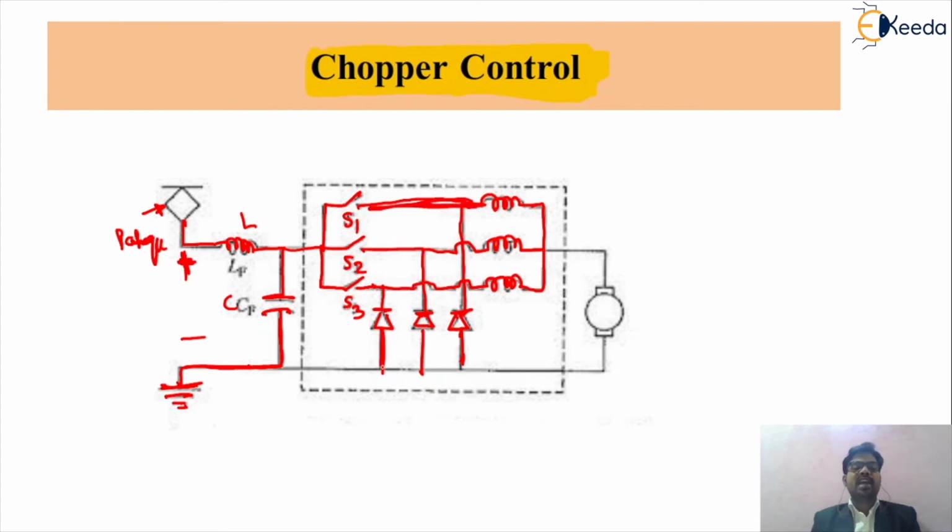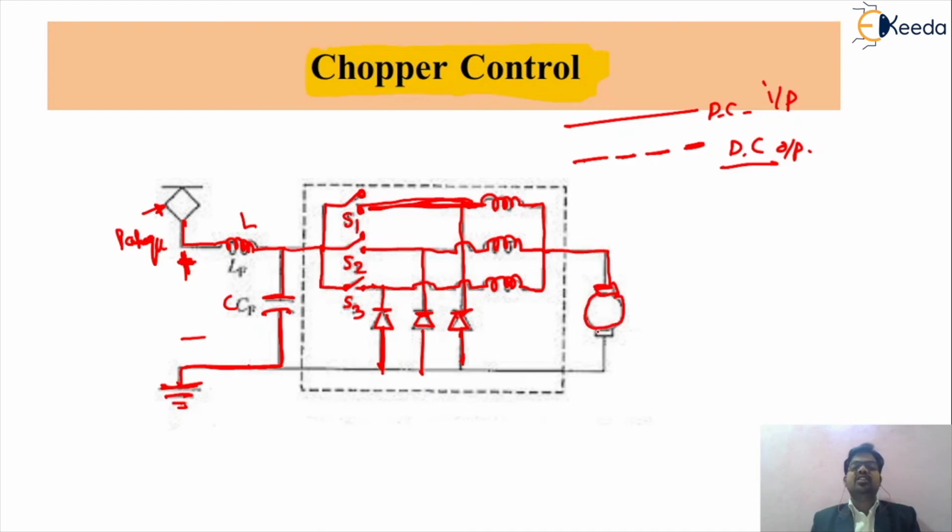So friends, what will happen in the chopper control circuit? In chopper control, we just have to change the position of the switches. What do you mean by the chopper? This is the input supply, DC. The chopper will give you a fixed DC into variable DC. That is the input of your chopper, and this is the output of your chopper. If you change the output of your chopper in different steps, then we can control the speed of this DC series motor, and that is our requirement.